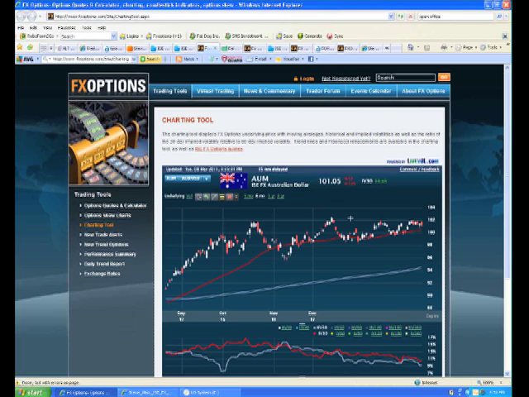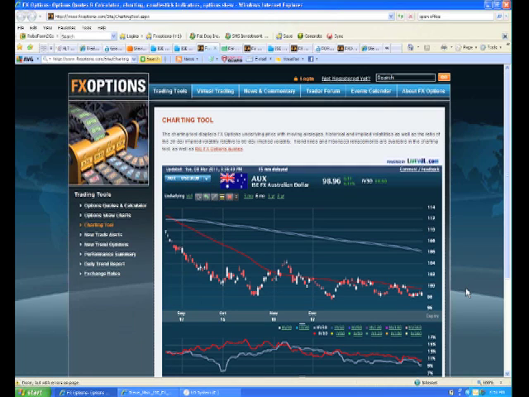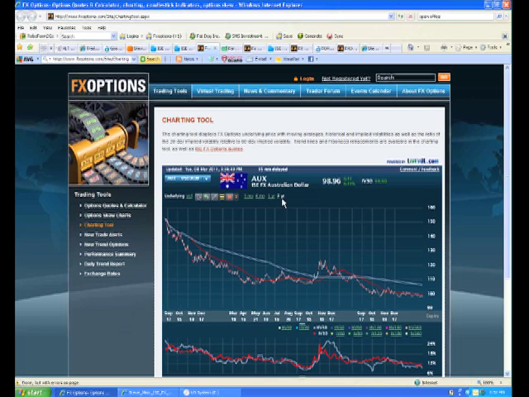And if we go back and we look at our AUD, our typical pair, the pair that we've been trading, it's been sitting in this support area, and it's bumping its head against this resistance area up here. But overall, it is a severe bear market for the dollar versus the Australian dollar based on the interest rate differentials from the two countries, 4.75 in Australia, and we're barely a quarter basis point. So it makes sense to be long the high yielder and short the low yielder, which is what we call a carry trade. All right, let's finish up on our checklist, get to the end of it.